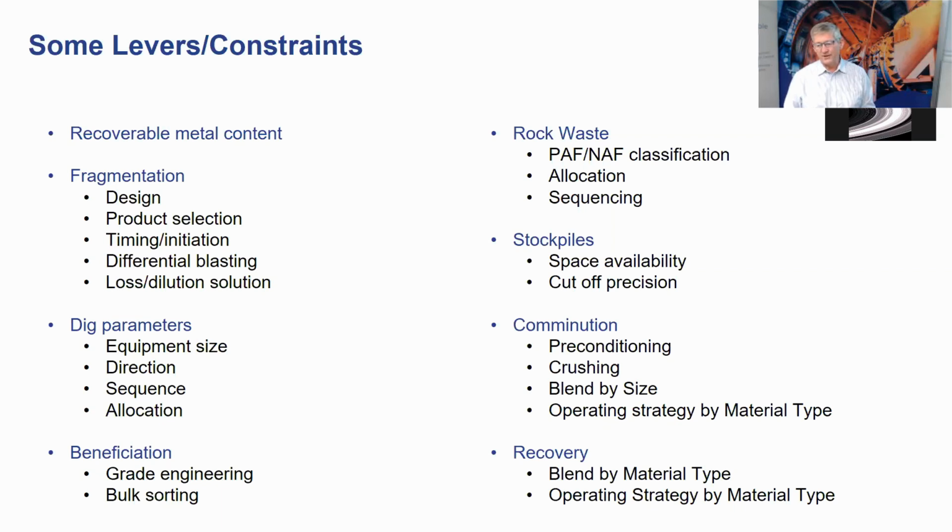There's beneficiation, there's waste allocation. There's a number of operations that their short-term schedule is driven by waste. What material they have, where that should go, more than the ore itself. Stockpiling. And then in the processing side, comminution, precondition, what's the crushing